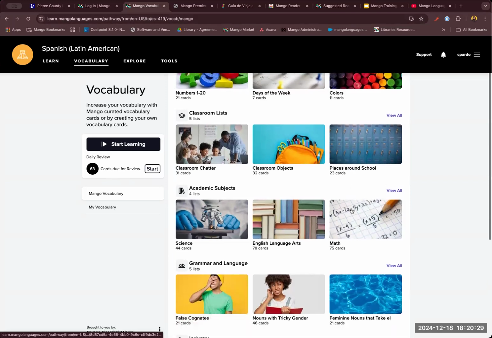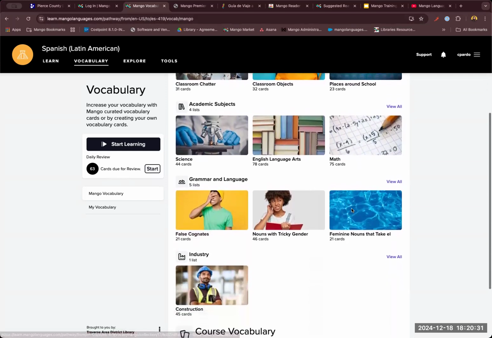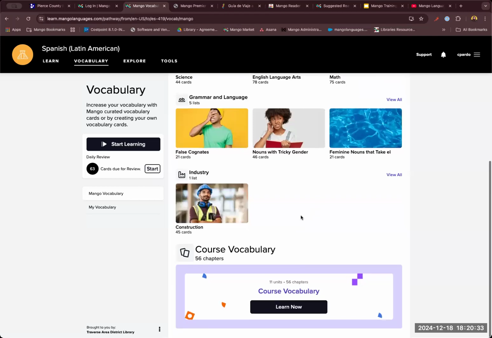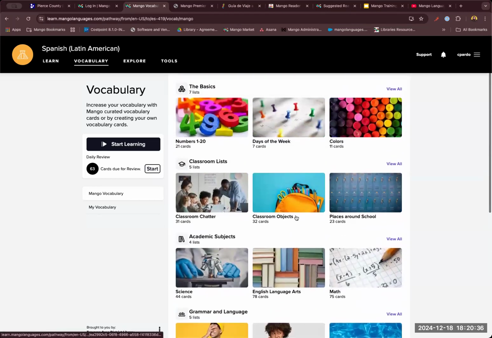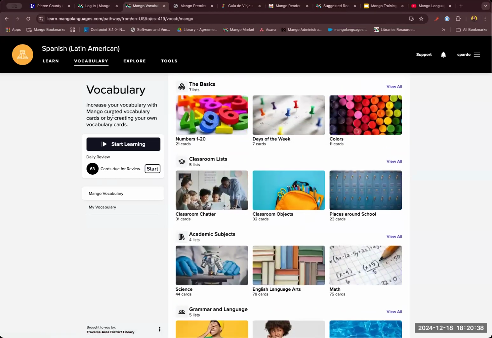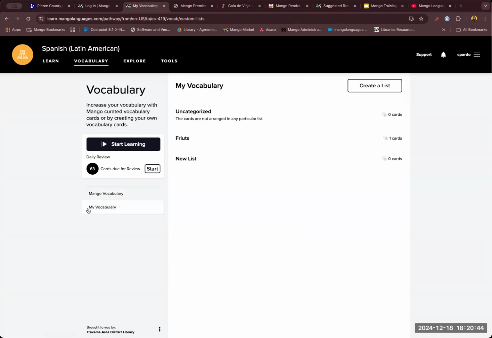So this is more like supplemental vocabulary that you can also pick from. We're constantly adding new things in here. So there's new words, new things that you can learn in here. So we have the Mango vocabulary, we have supplemental vocabulary, and the new thing that we recently added is my vocabulary. So under my vocabulary,